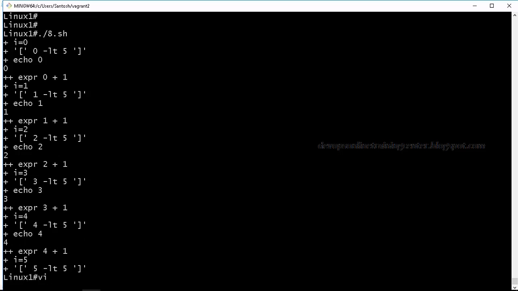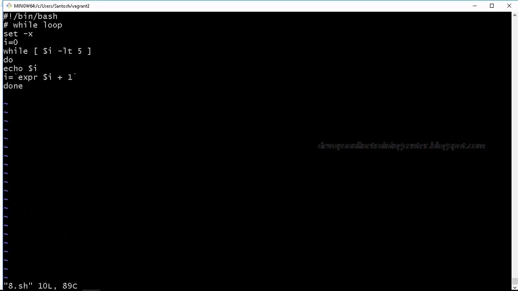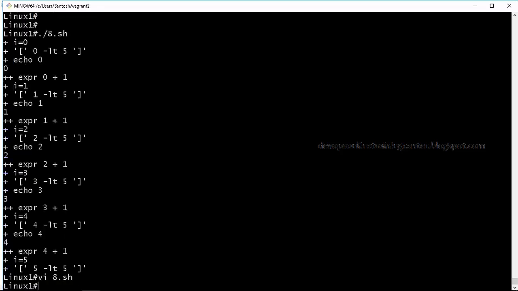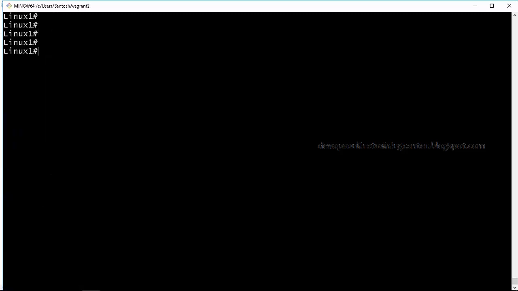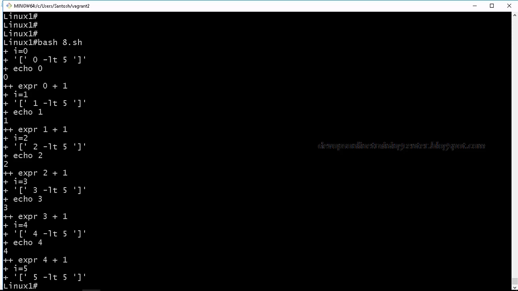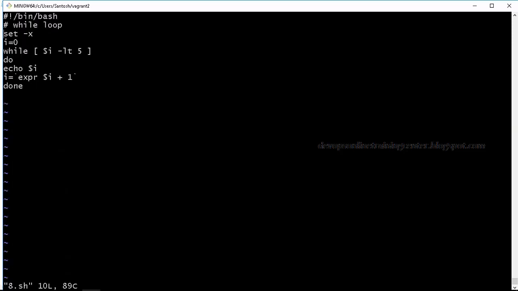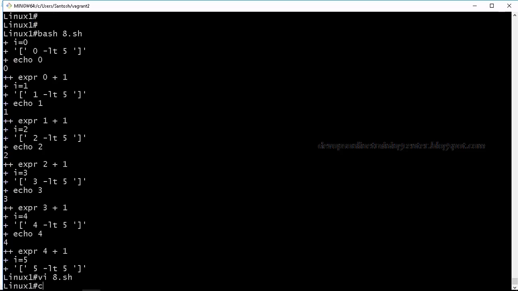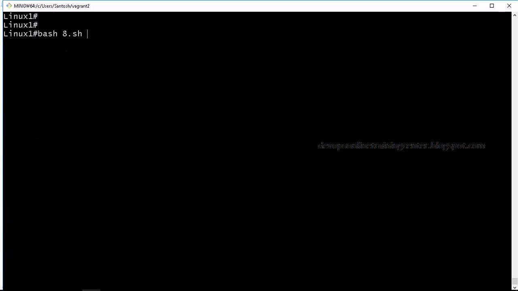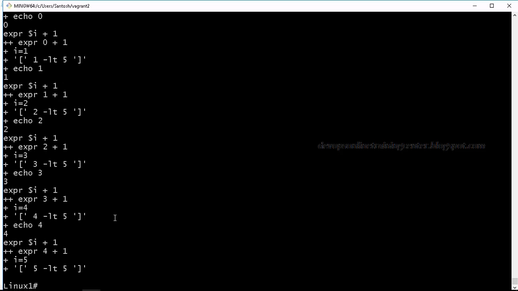So this way it will be useful for debugging. If you have a very big shell script and you want to debug, we can debug using this. Or we can also execute like this, bash 8.sh, or I can remove that set -x. This also works, or bash -vx 8.sh, this also works the same way.